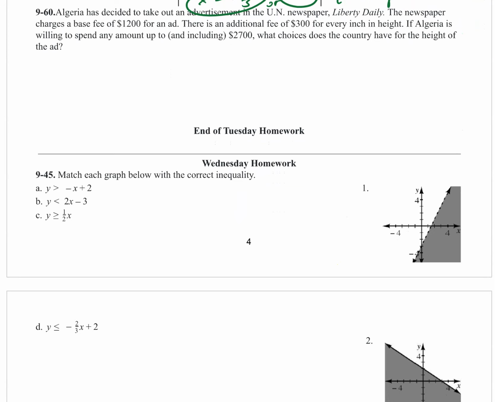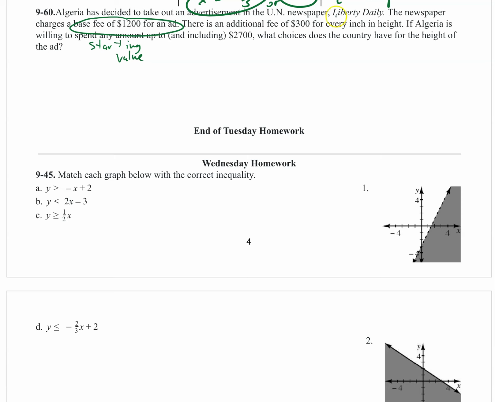Algeria has decided to take on an advertisement in the UN newspaper, Liberty Daily. The newspaper charges a base fee of $1,200 for an ad. So a little red flag there. Base fee, I'm going to guess that means starting value. There is an additional fee of $300 for every inch of height. If Algeria was willing to spend any amount and up to, including $2,700, what choice does the country have for